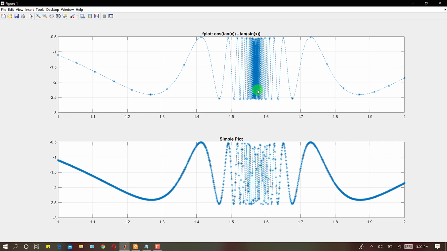So in this case the fplot function is a smart function, and we can use the fplot function. I have used the subplot function that I discussed in the previous lesson, on how to plot these two subplots in a single figure. So please go and watch that video, the last video.